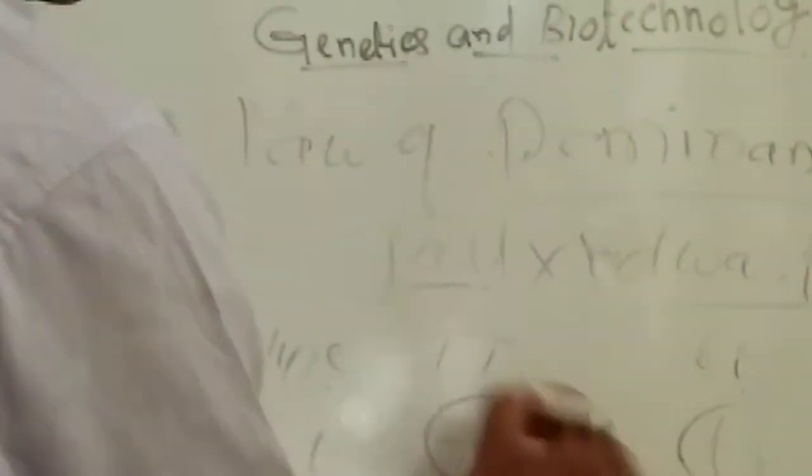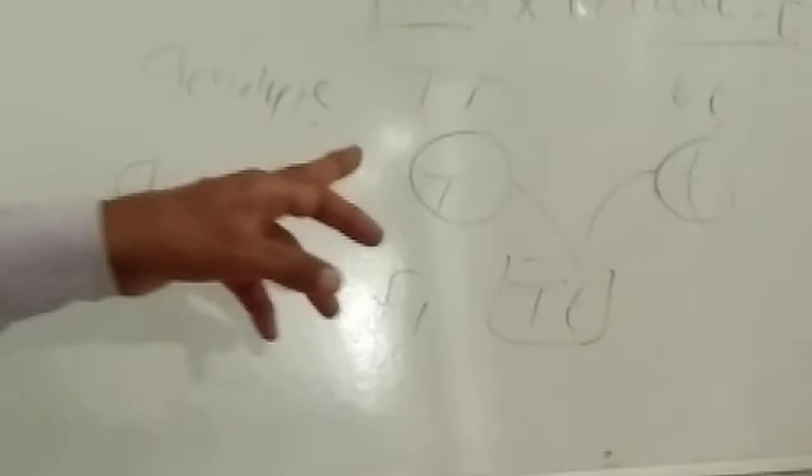During gametogenesis, gametes capital T and small t are formed. While crossing, for example, consider this is the male plant and this is the female plant. So in the F1 generation, capital T, small t. Capital T for dominant character, small t for recessive character. So the genotype of the F1 generation is capital T, small t. In the F1 generation, or first filial generation, Gregor John Mendel observed that all the plants were tall.